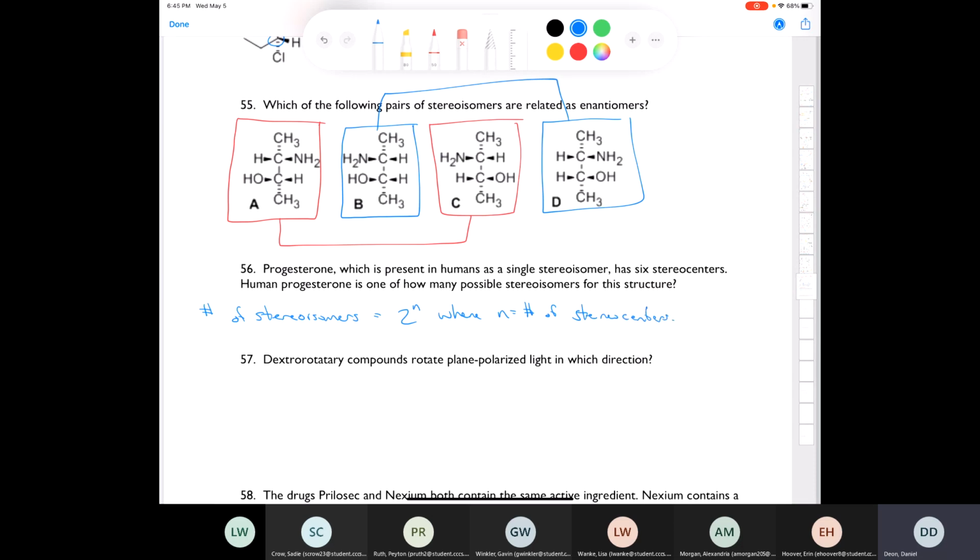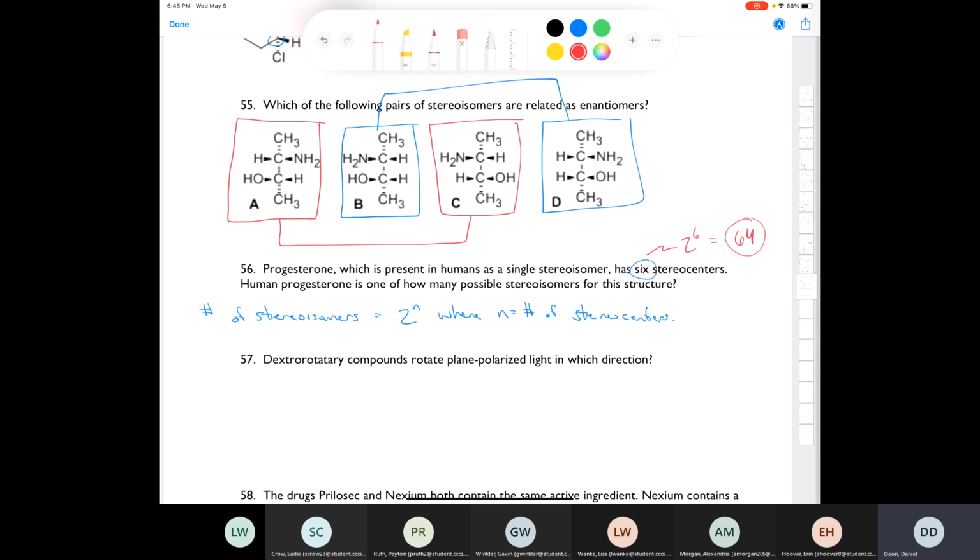This is something I didn't go over with you in class. It's not beyond the scope of our class, but I just wanted to share it with you. It's kind of interesting. So if you have a total of 6 stereocenters, then the number of possible stereoisomers would be 2 to the 6th power. So 2 times 2 times 2 times 2 times 2 times 2, which gives you a total of 64 possible